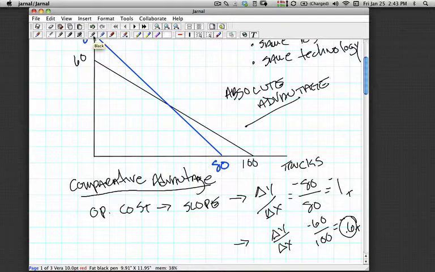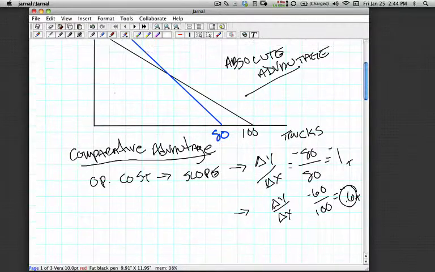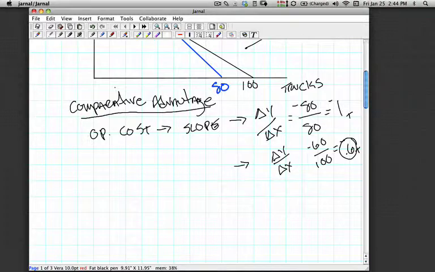And if you think about it, when two companies are manufacturing a product, the one that manufactures it for lowest cost is going to have an advantage. Okay? Lowest slope, lowest opportunity cost, lowest cost, advantage relative to the other participant in the market. Or another way to say it, in comparison to Canada, the United States has lower opportunity cost of manufacturing trucks. Okay? Now, if we want to talk about the opportunity cost